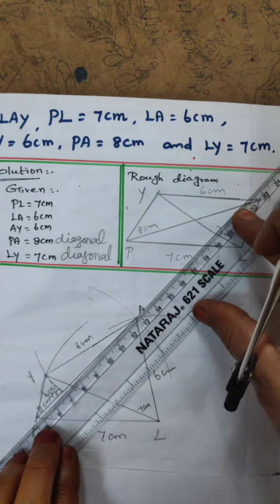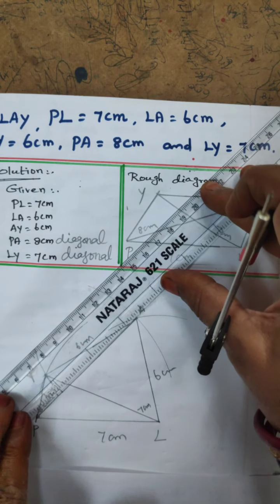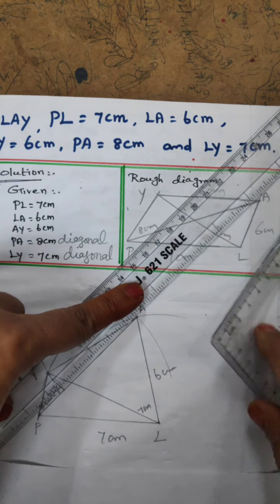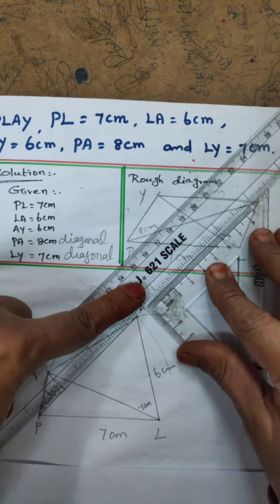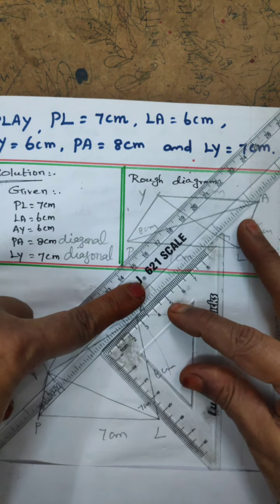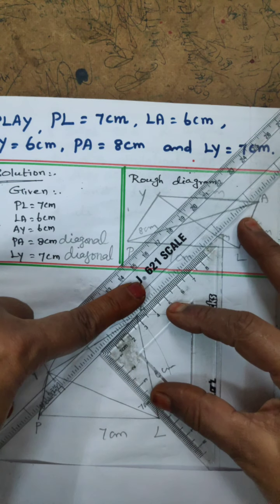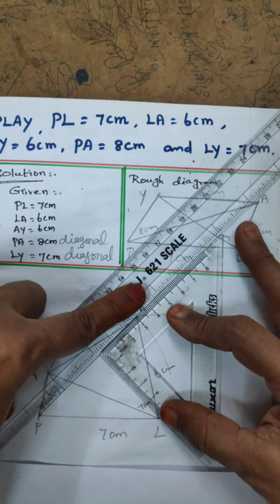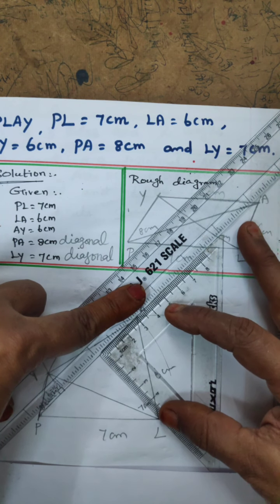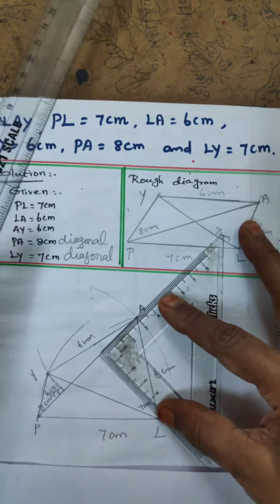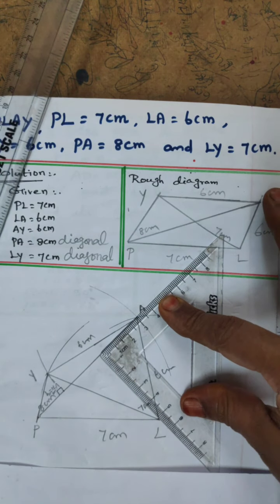Next, on the same side keep the scale. Here, keep and measure first on the same opposite side, only keep the scale and tightly press. Use the set square. You measure the length, see there. A to tightly coincide that one. How will I keep the set square? You know very well. L point, come after that you stop the work. See there, here the L point is coming. Thumb finger to the L point, come after that you stop your work. Remove the scale and put in the dotted line.